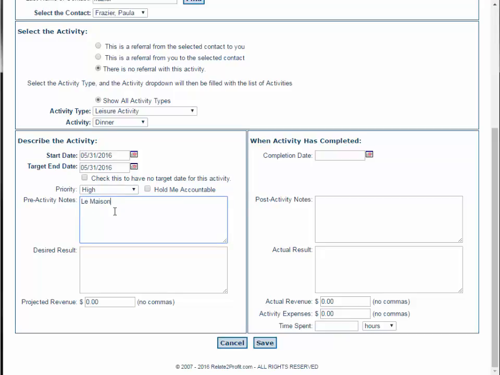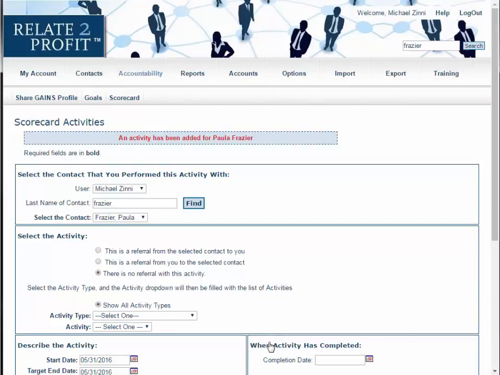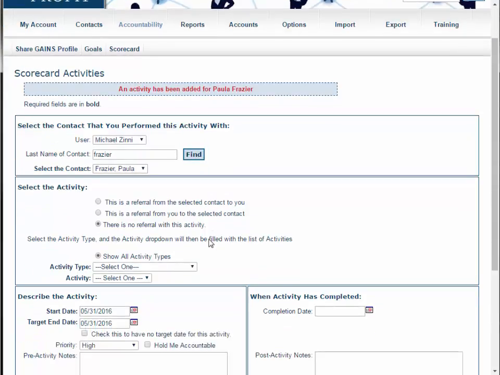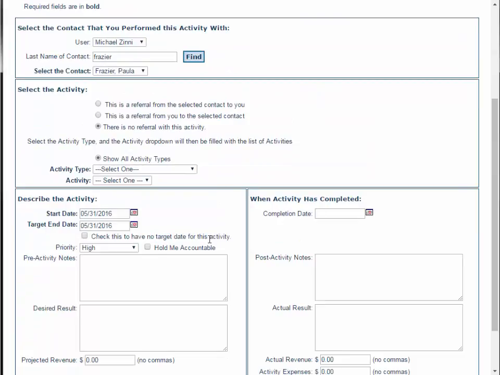It's not going to generate any activity. I'm going to click save, and it's going to return me to the same place that I was. It recorded the activity. It kept Paula's name selected in case I want to record another activity with Paula. I can simply come down here, record my next activity,